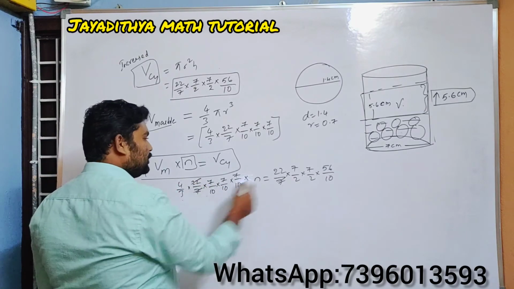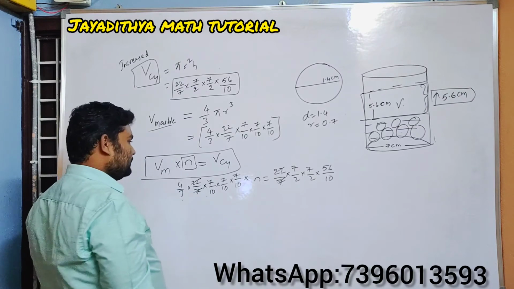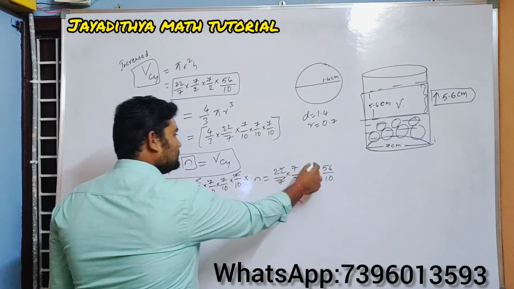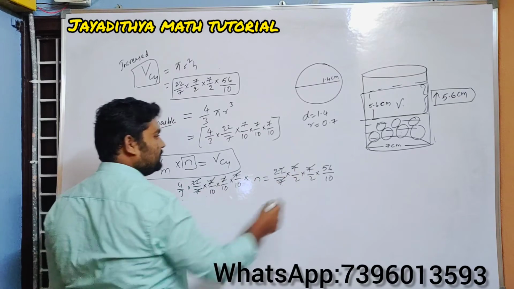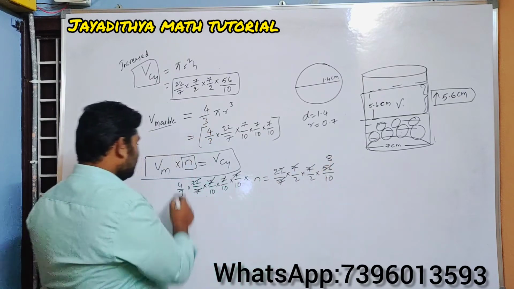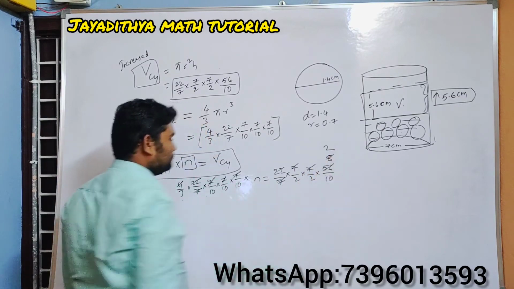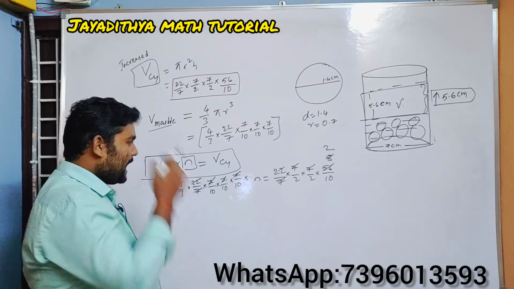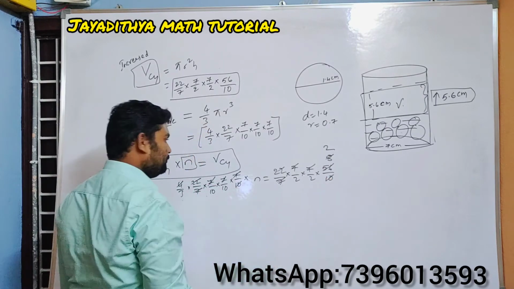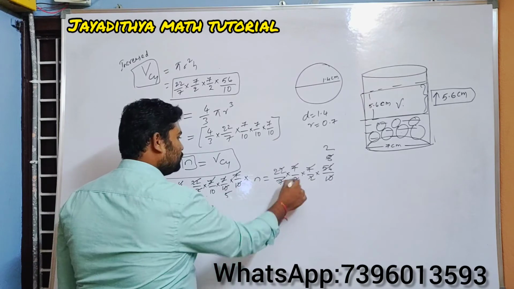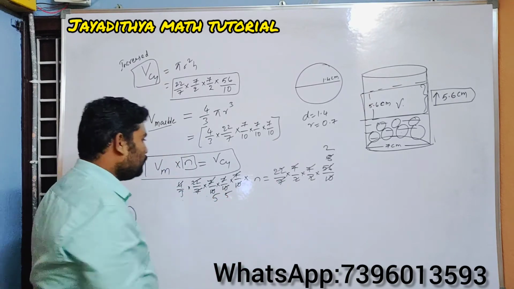Okay, then you can cancel numerators 22 and 22. Then the 7s cancel out, 7 and 7. 1 7 is 7, 8s are here, 4 ones are 4, 2s are 4, ones are 4, 2s are, and you can also cancel 10 and 10 here. So this is like 2 ones are 2, 5s are 2, ones are 2, 5s are. So what is n here?